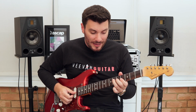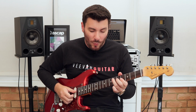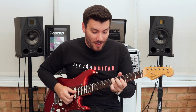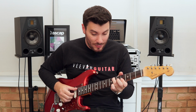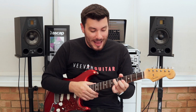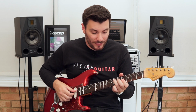Then I'm going to play the melody. I'm going to play the B string and the E string. Okay, but when I hit the 4 on the E string, that's when I'm putting my 3rd finger on the A string, 6th fret, and putting that D sharp in there. So. And I'm leaving my little finger to hammer onto that 6, and then I'm going to strike it again for the 2nd hammer on. So it's...